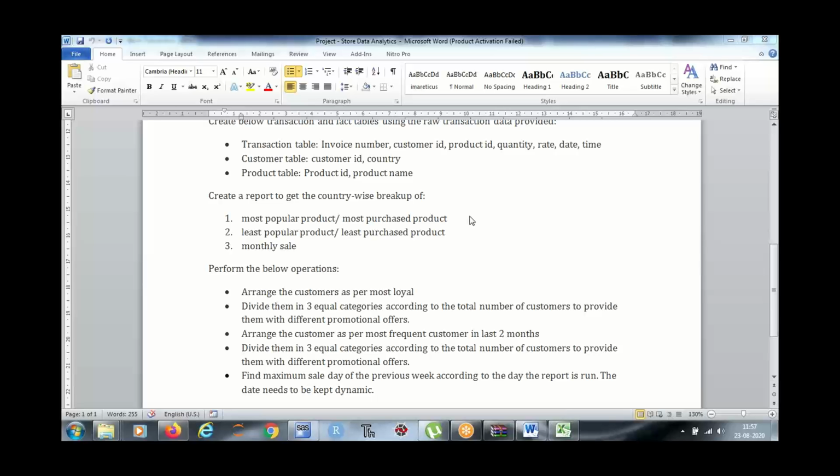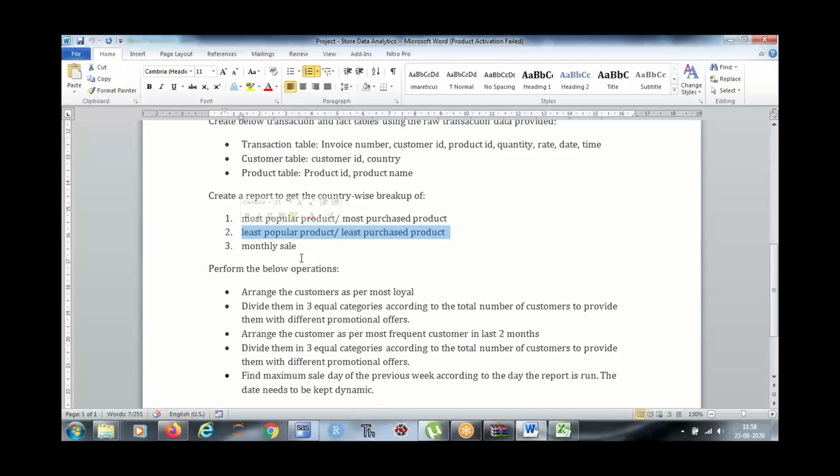Yes, something on that line. So most popular product, where the quantity is highest for every country, right? Most purchased product, again the same thing, right? Least popular, the minimum one.